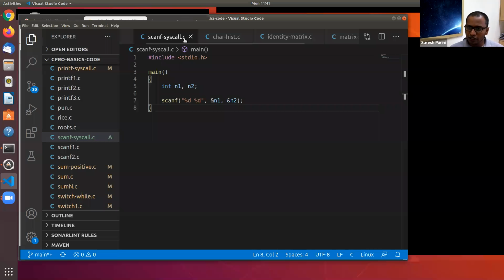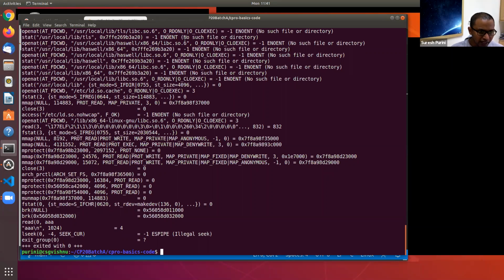No, it did count all the As. No? So when we see AAA\n, whatever we have typed in, it... I didn't get your question, Pratyaksh. I think everything is as expected. So the read system call, whatever raw input you press on the keyboard, will be supplied to scanf, and scanf tries to parse it.